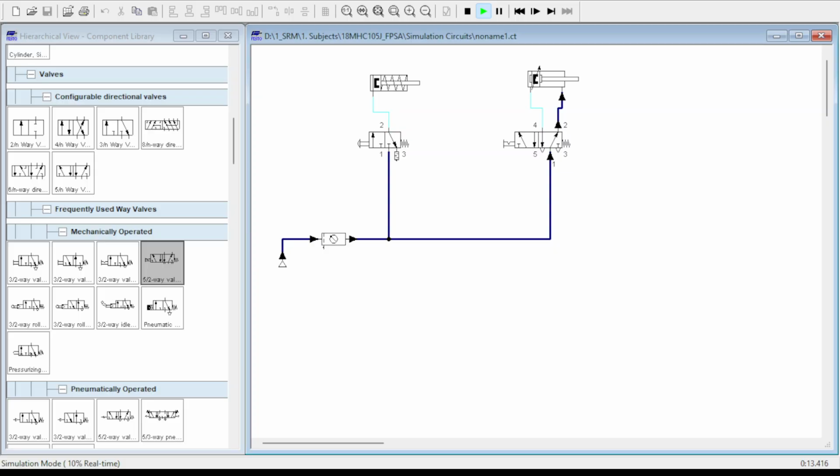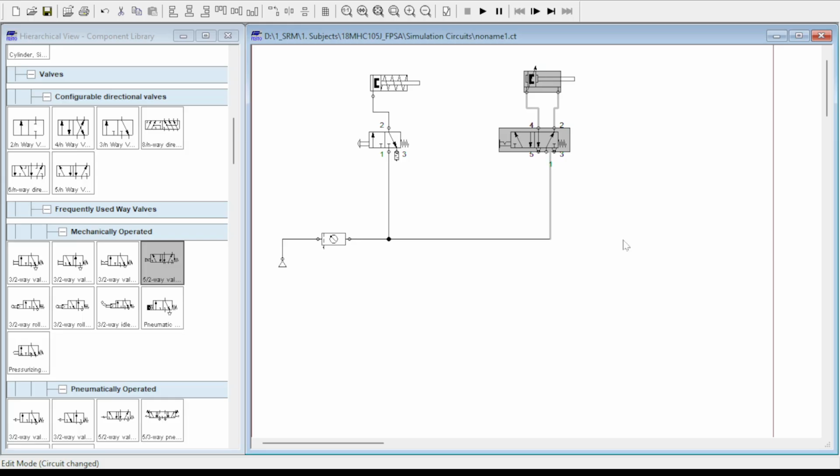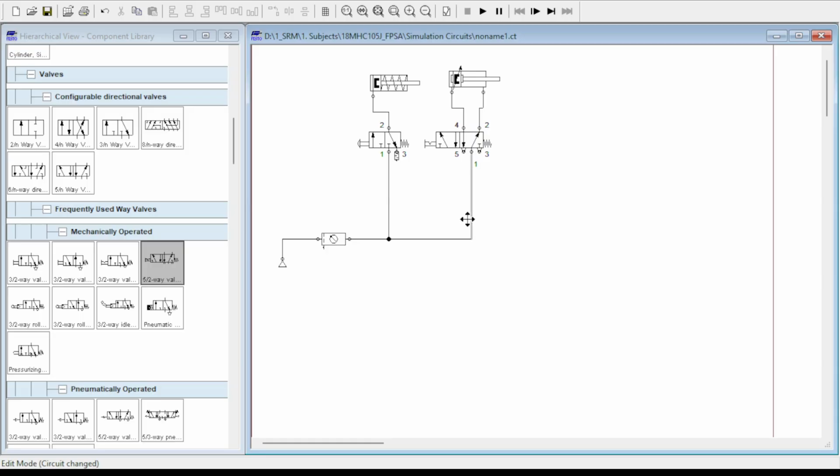Next, we will simulate the indirect control of single acting and double acting cylinder. For indirect control of single acting and double acting cylinder, the main DCV which controls the cylinder should be remotely actuated.